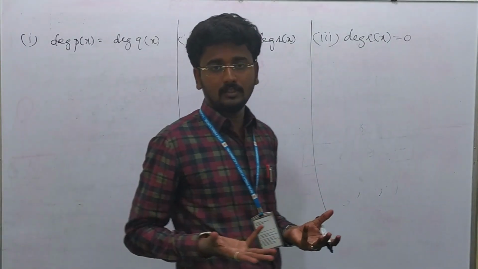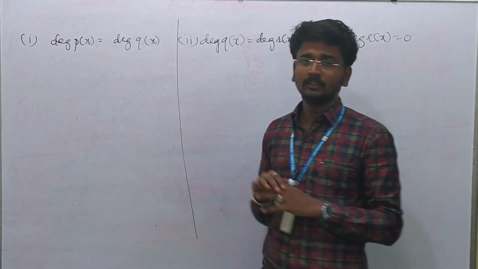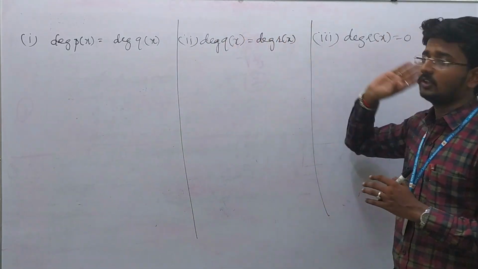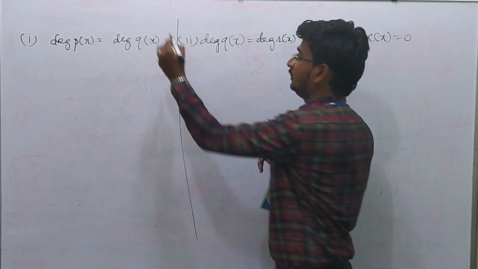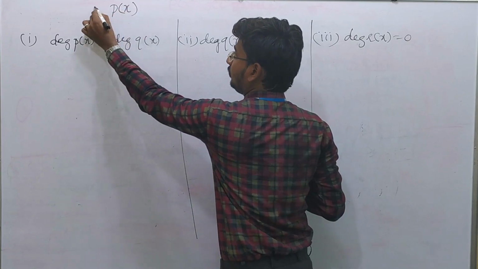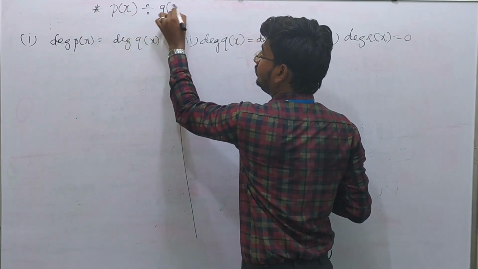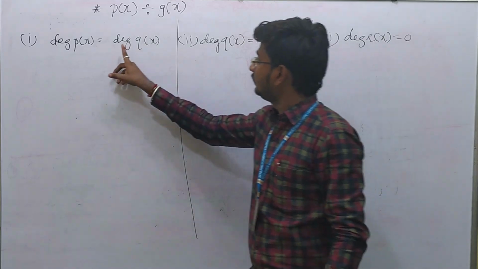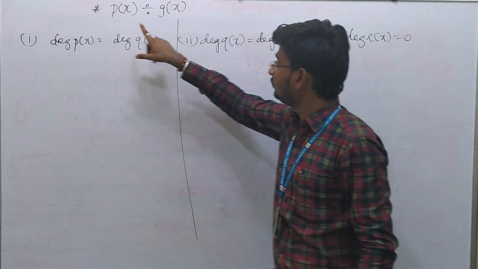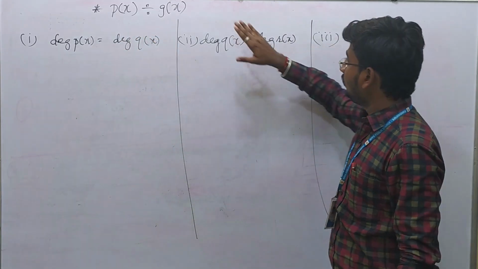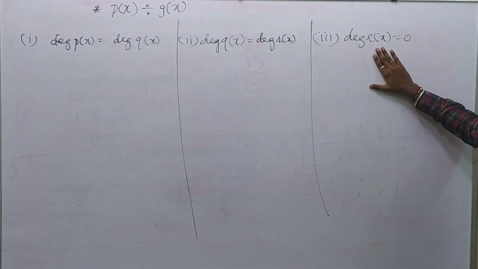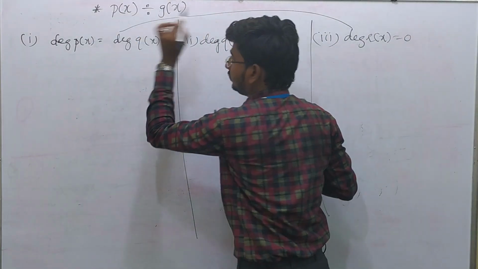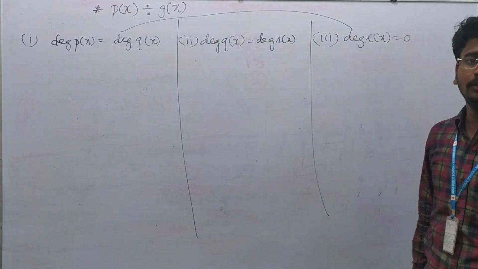We don't know any polynomials. Neither do we know what p of x is, nor q of x or r of x. But still I have to take p of x and divide it by g of x. I have to assume p of x and divide it by g of x in such a way that the degree of polynomial p of x will be equal to the quotient q of x, or quotient and remainder degrees should be equal to each other, or the remainder r of x should be equal to 0. But there is an easy way to remember. First and third, both examples we can do with only one.